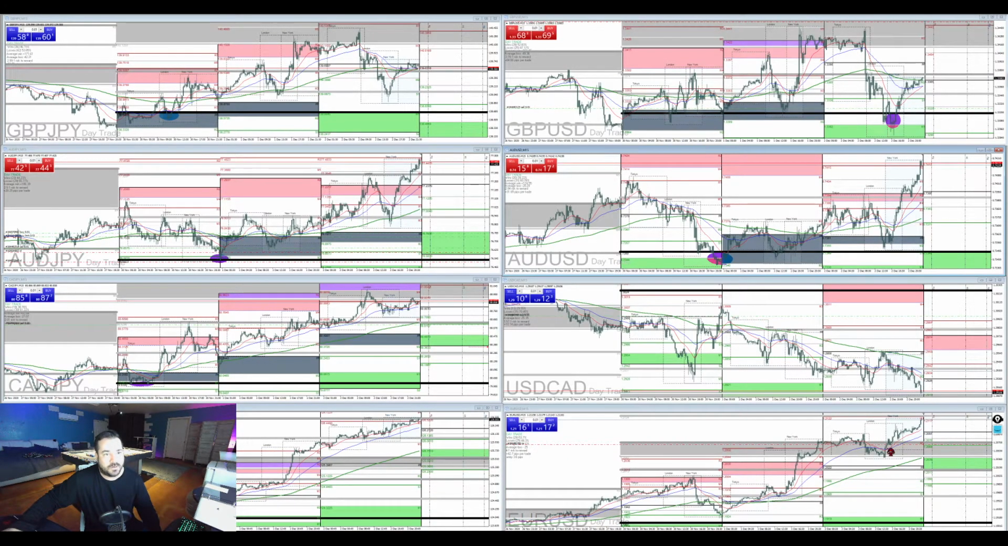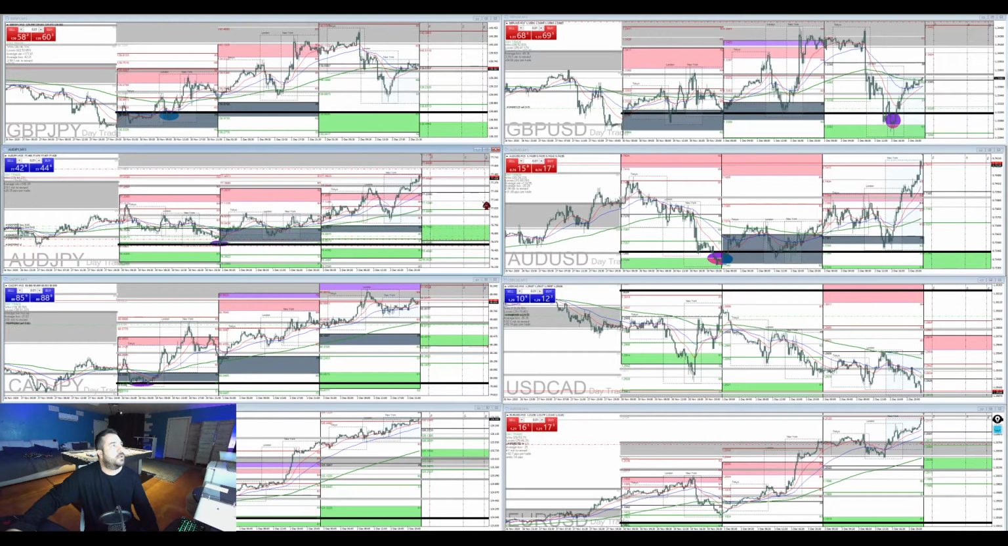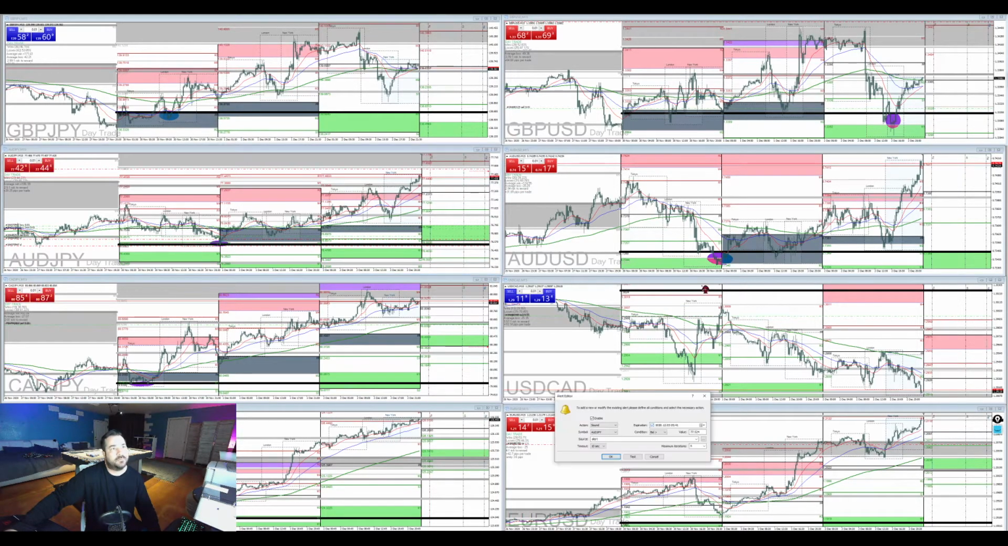Price is too far gone here on the Euro USD, too far gone on the Euro Yen. Price on the Canadian Yen would have to come all the way back to central pivot and reset. Australian Yen, I'm going to have to place an alert, because if we reach, modify, day trade,